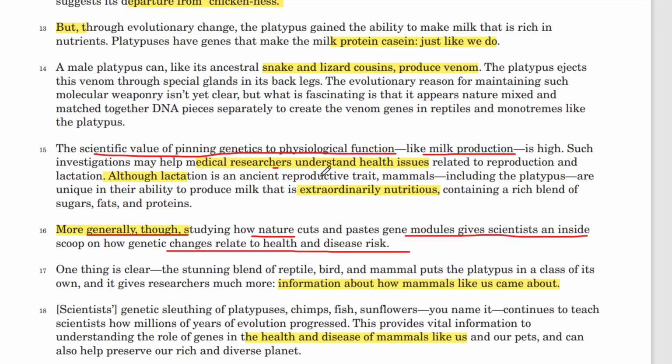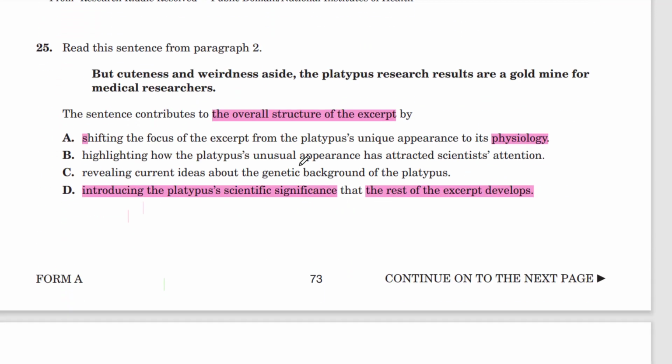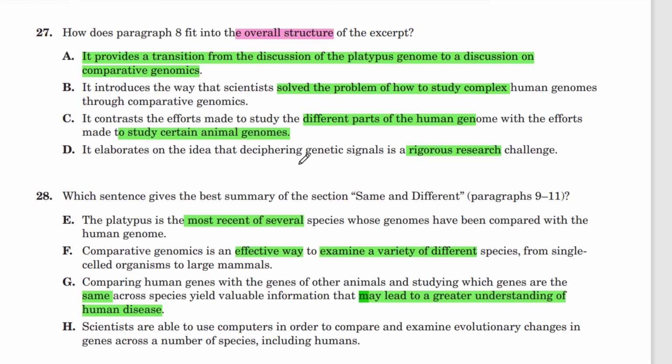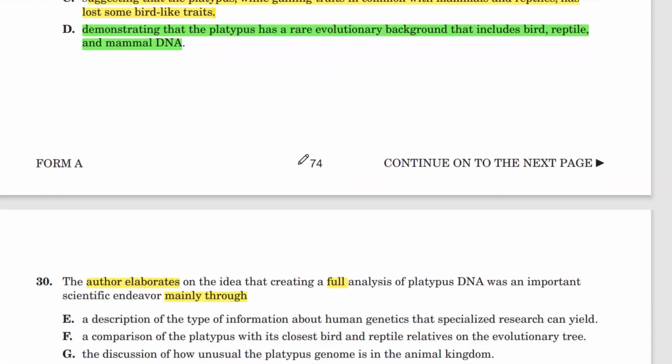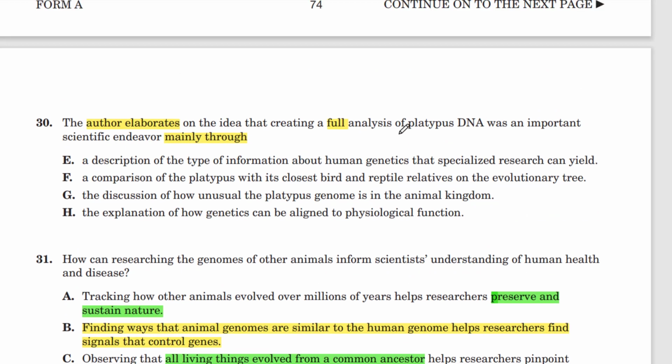So let's see if there's an answer choice that indicates that, because that seems to be how the author is developing the idea of the importance. So E, a description of the type of information about human genetics that specialized research can yield. Yeah, that looks pretty good. It's very abstract, so it might be a little difficult to understand, but it's telling us the types of things we can learn, basically what we learn